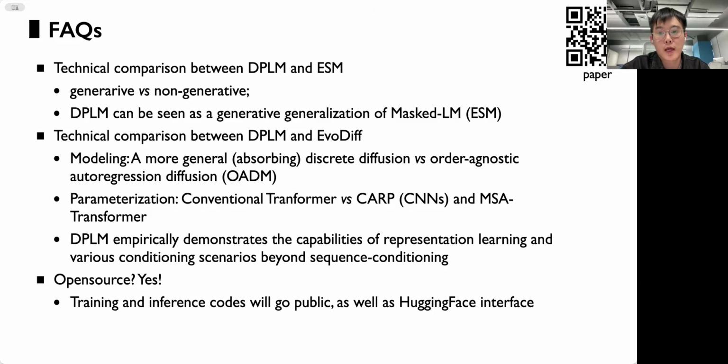For the pseudo likelihood, we sample a subset of more structured proteins which have pLDDT greater than 80, and